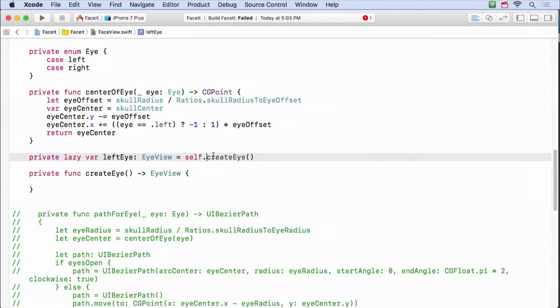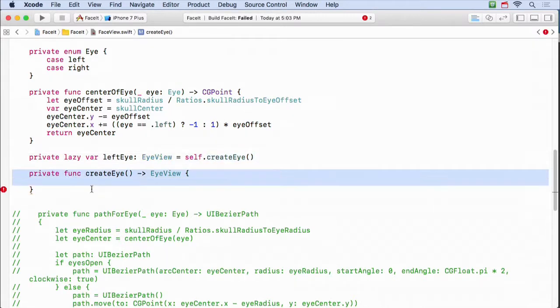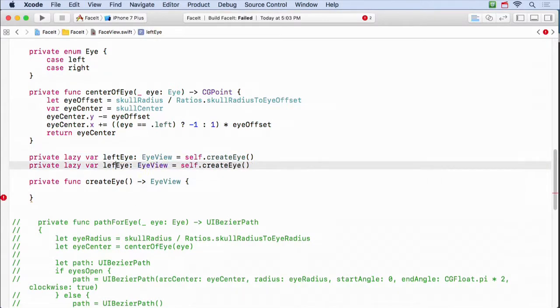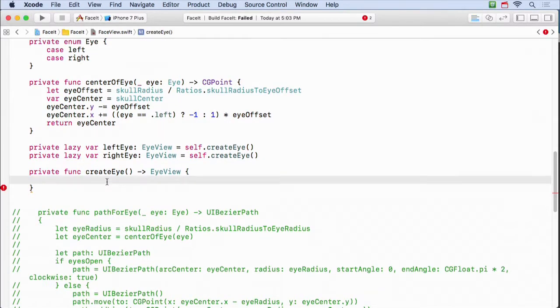Self says I want create eye that's on an instance like this, not one that's static. Okay? So that can be a little complicated to get through, but just know this is a way to get around having to write an initializer, for example. But you have to remember to do explicit typing here, and you better remember to say self, and it has to be lazy.